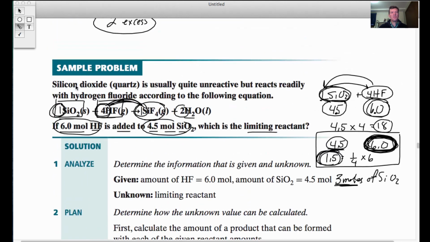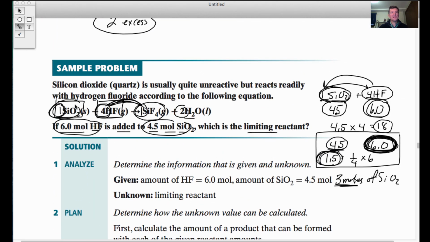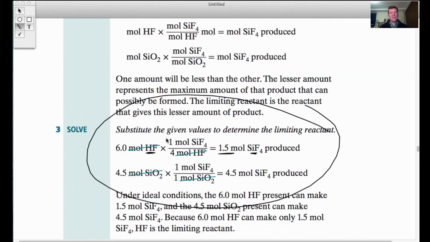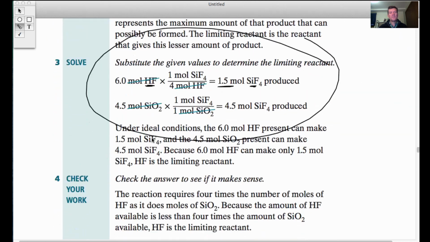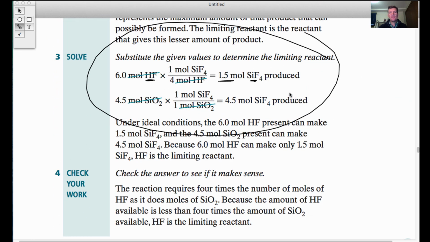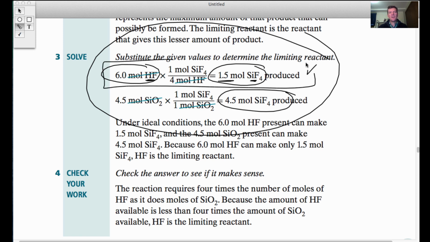Do the same thing with the 4.5 moles of the silicon oxide. How much silicon fluoride would that produce? And that is a 1 to 1 ratio. So it's going to be the same, but you'll never reach the 4.5 moles of the silicon fluoride because once the 6 moles is used up, you've only created 1.5 moles of that. So this is telling me that hydrogen fluoride is my limiting